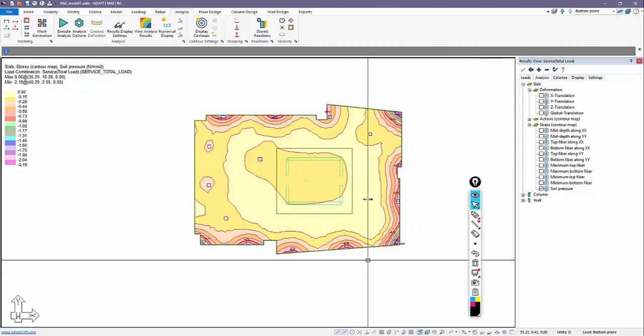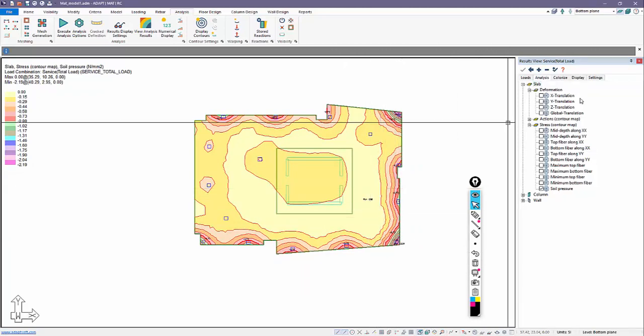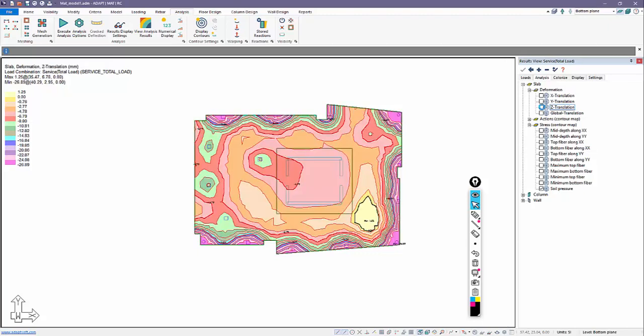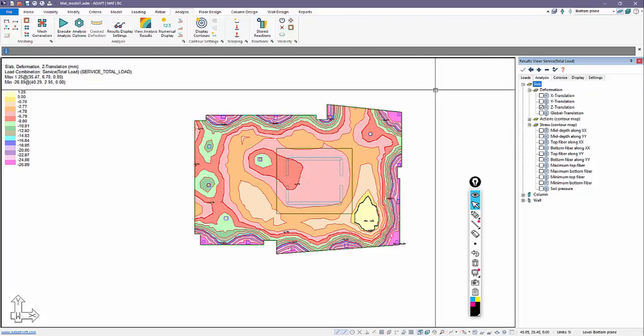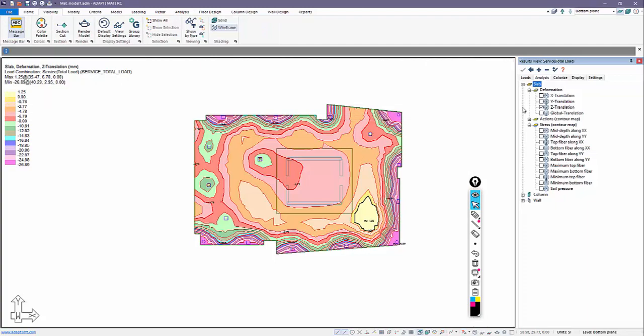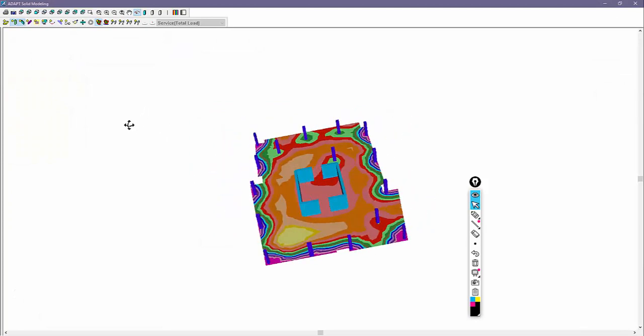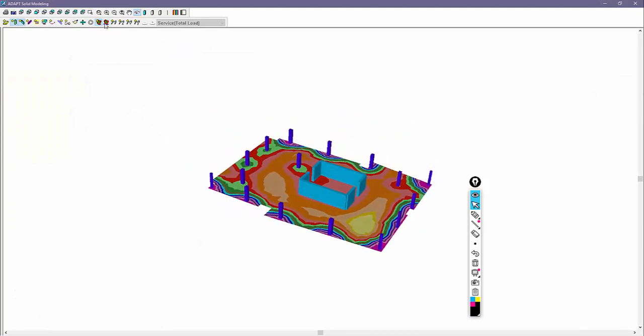If we wanted to see a deformed shape of the mat, I'll go back and turn on the Z direction. For any contour, mainly for deformation, we can look at a warped view of this slab. So if I go up here to visibility after selecting the contour, we can select render model, and under the rendering options we have this option to warp the rendering.